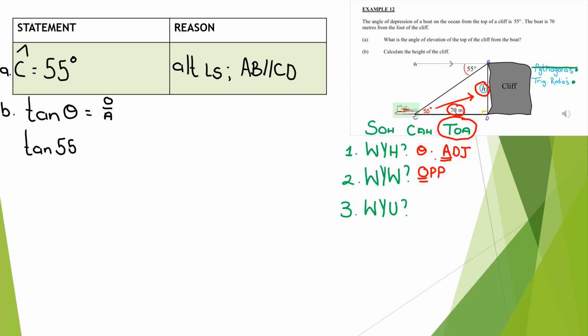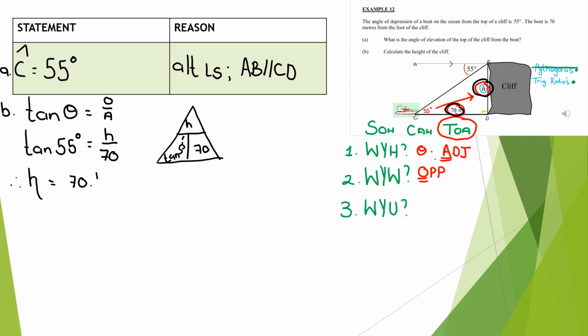So tan of 55 is equal to the opposite side, the height, over the adjacent side, the 70. Now that we have this equation, we can figure it out easily if we just draw a little triangle and we say that tan 55 is h over 70, and so therefore h is equal to 70 multiplied by the